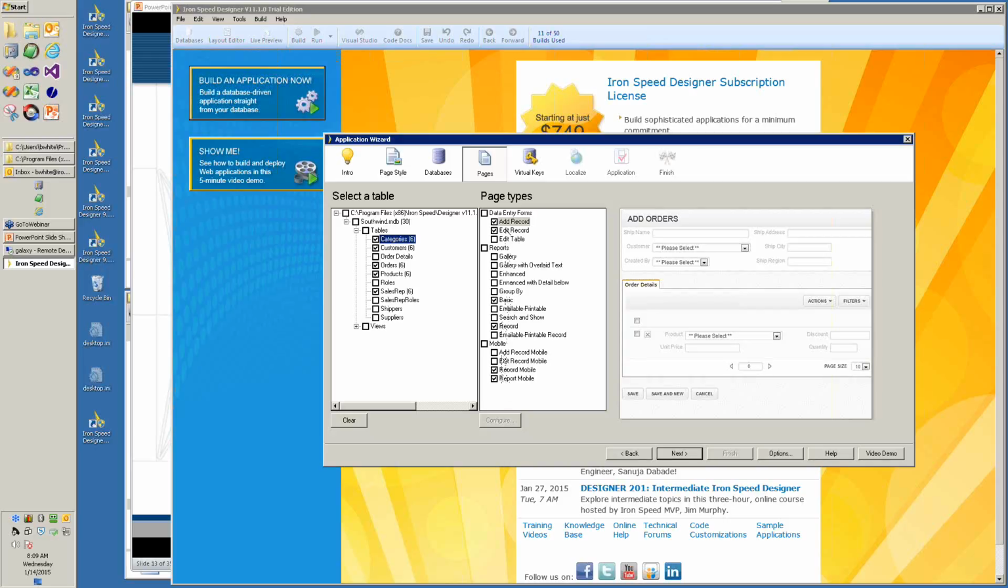One of the really nice things about IronSpeed Designer is that it builds separate mobile pages that are served to your mobile devices when they connect to your database, and so you can provide pages that are designed for mobile devices in your application. Now, with the categories, there are pictures in that database that describe the categories, and so